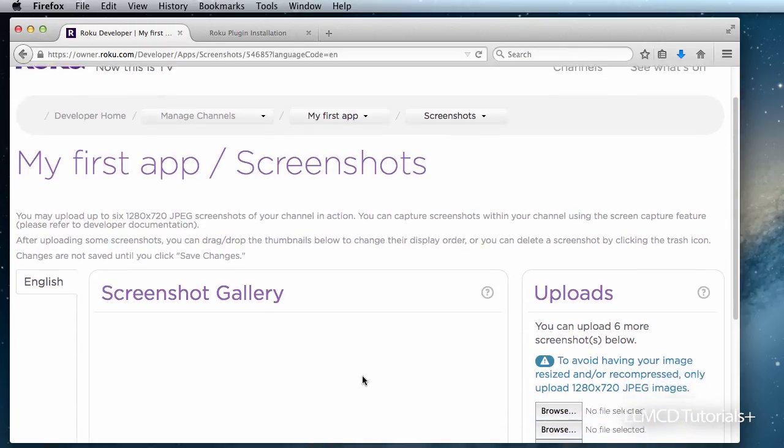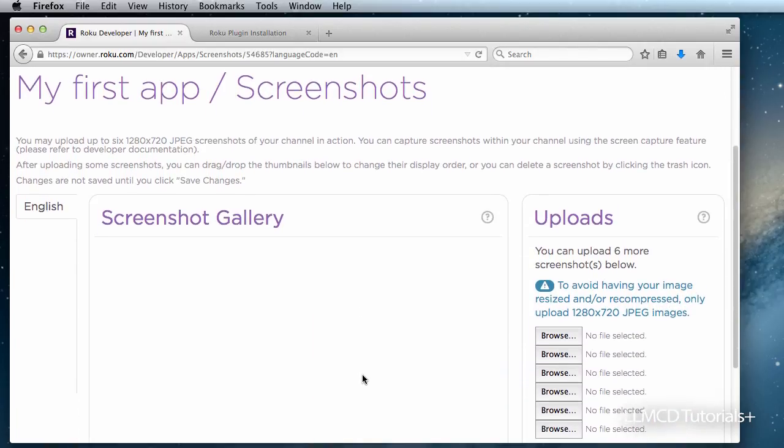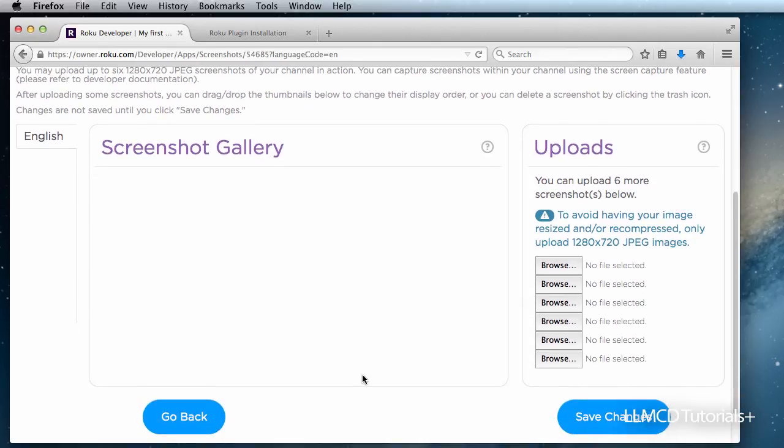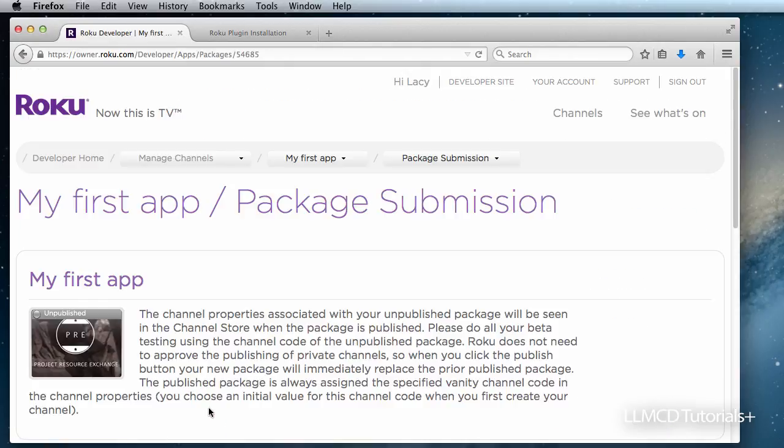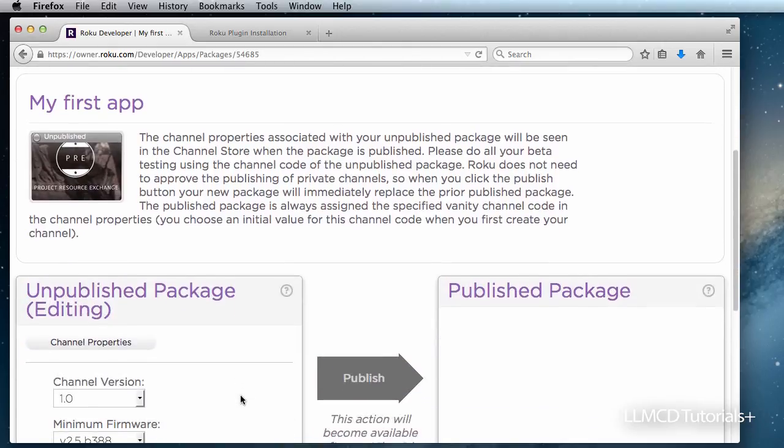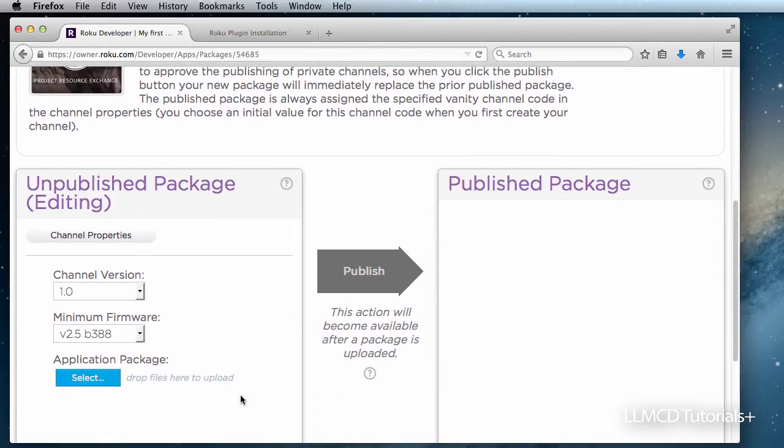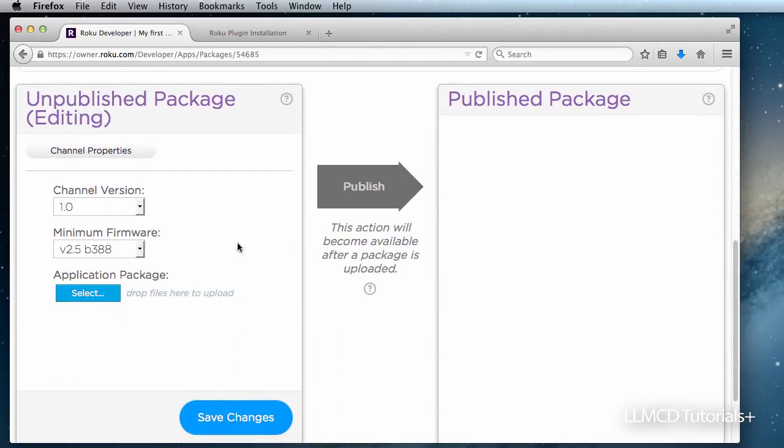Okay, you can add screenshots if you want, not required. This is when if you were searching for this on the channel store and you want to give someone a preview of your channel before they installed it. But for this tutorial, it's not really necessary. So we're going to go back, and here's our application, unpublished. So to publish it, we have our minimum firmware, and this is where we're going to select the application,